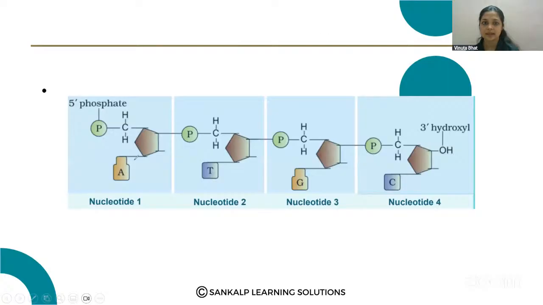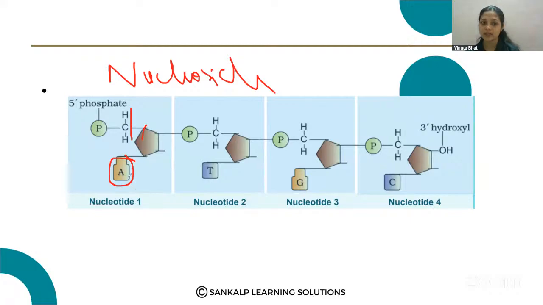Yes, so this adenine is attached to the pentose sugar. Okay, only adenine, no phosphate group. Then it is called as nucleoside. Here, this nucleoside is called as adenosine or deoxyadenosine. Guanine or deoxyguanosine. So like this it is called. If the phosphate group is attached to the 5th carbon atom of this pentose sugar through a phosphodiester bond, then it will become the